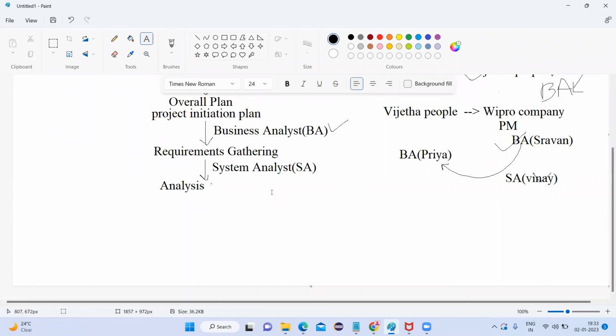Now, after analyzing all the requirements, the requirements are analyzed and they are correct now. After doing all the analysis, now we need to prepare one blueprint kind of, or one flow chart kind of. So that is called as